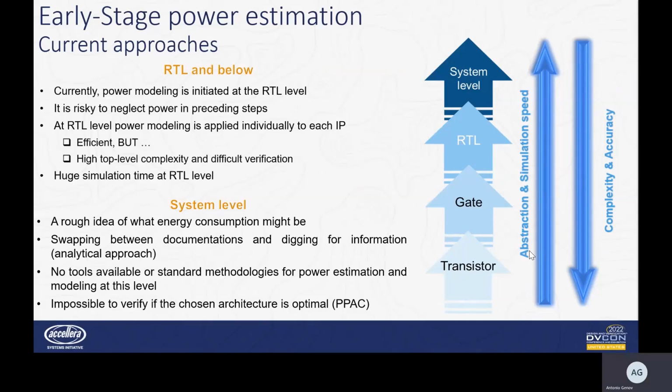Since at system level, the power waste can be considerably reduced thanks to the right choice of components, it is meaningful to add power-aware simulation capabilities. At early architecture definition stage, it is difficult to predict power consumption. At this stage, architects are swapping between calculation specifications and manufacturer documentations in order to find power metrics, allowing them to estimate some power profiles. The possible outcomes from this approach are limited to maximum and minimum power consumption without considering specific complex use cases.